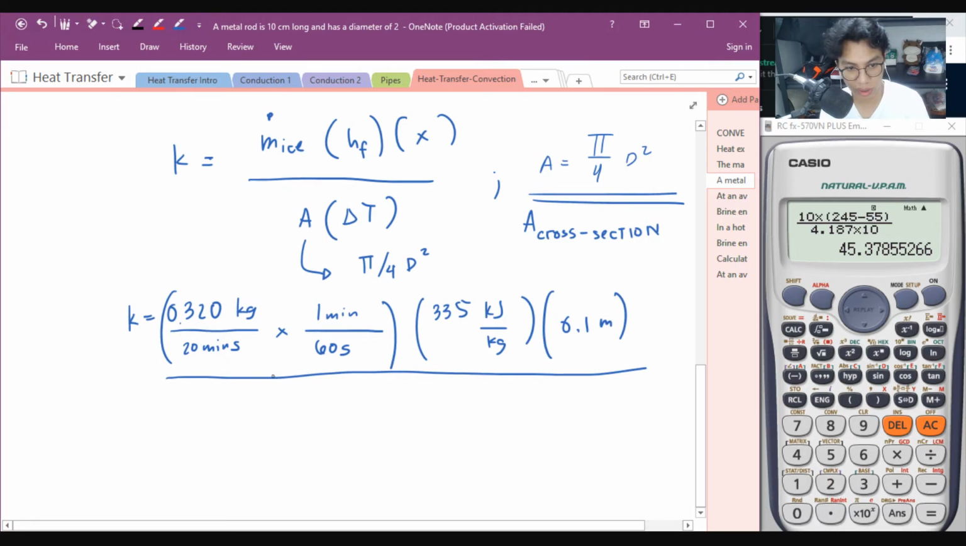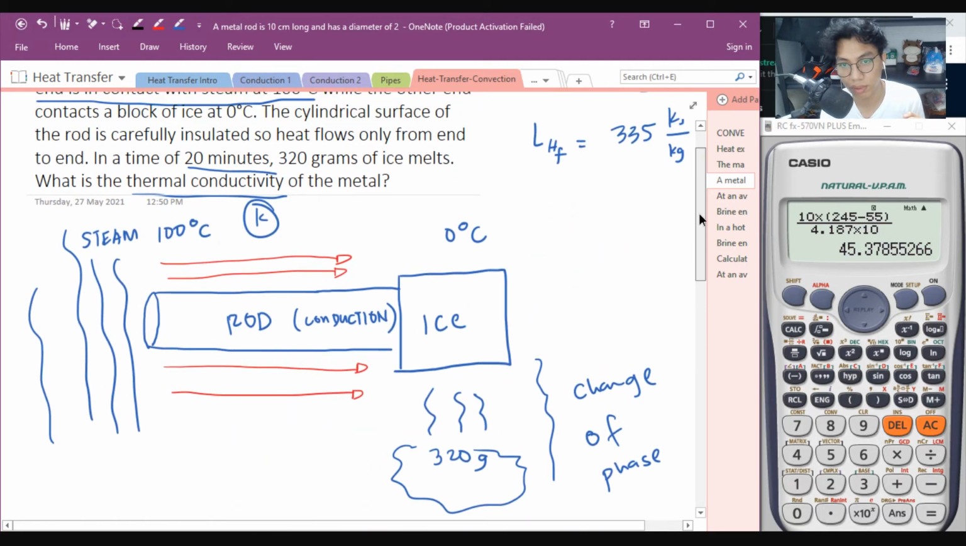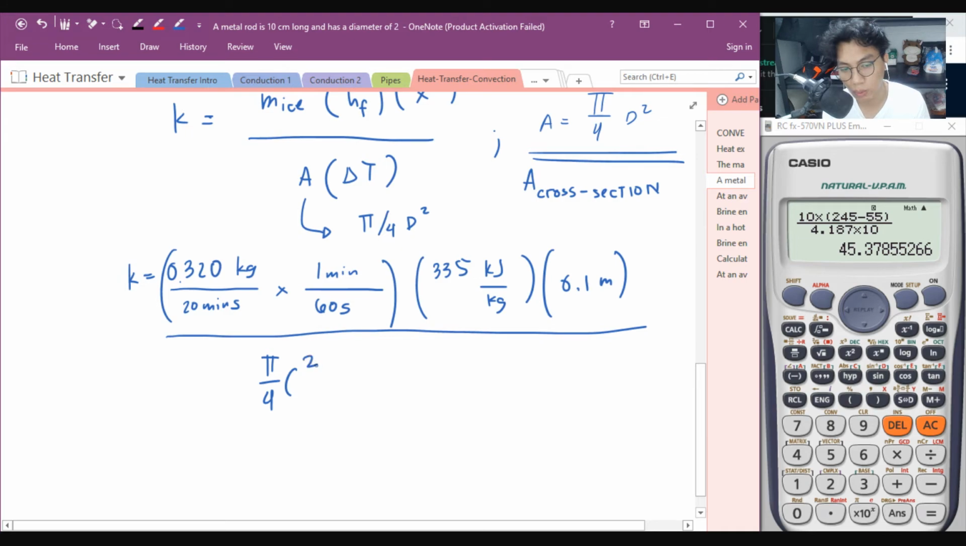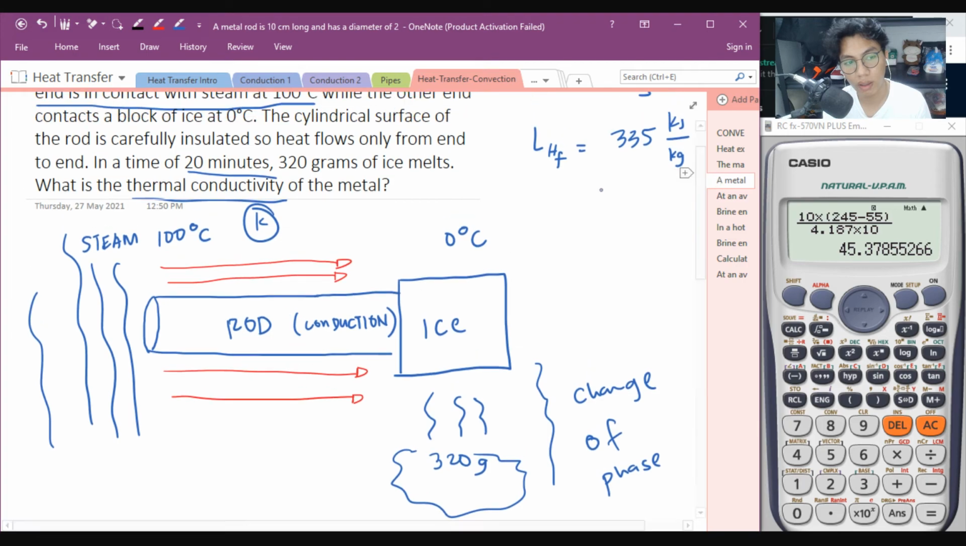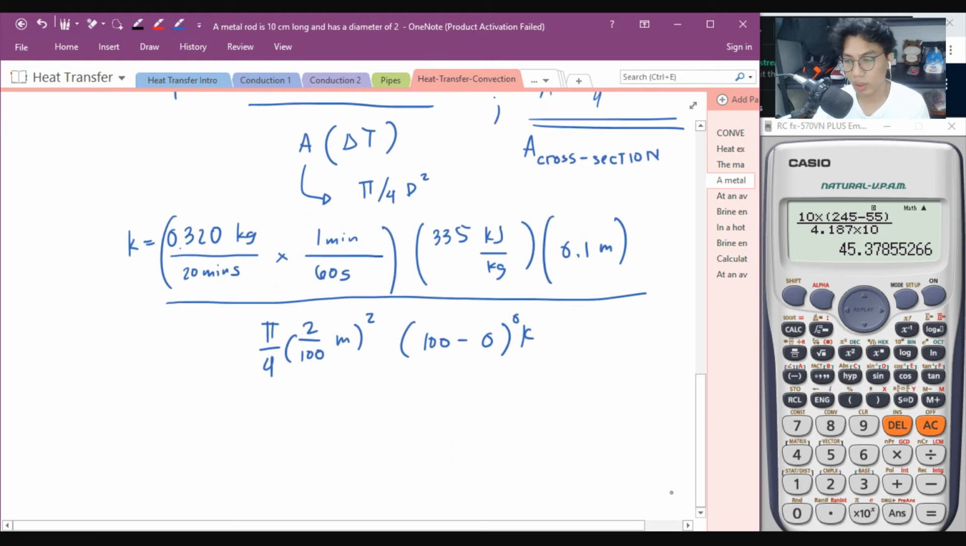So, that is area pi over 4. Yung d mo dyan is, hindi ako nagkakamali, 2 cm. Divide mo ng 100. 2 over 100 para maging meters square. Tapos, delta T is 100 minus 0. Sir, saan ang galing yan? Degree Kelvin. Naging from steam na 100 degrees Celsius to 0 degrees Celsius. So the answer is